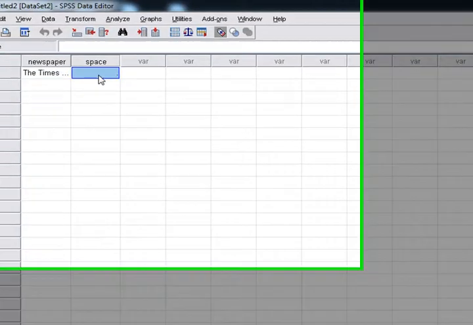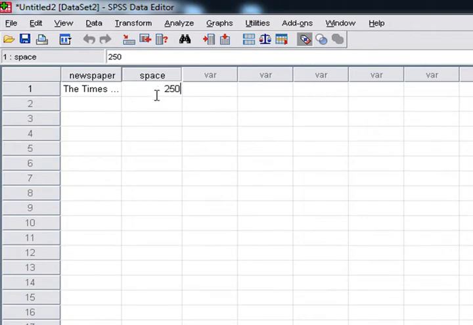We would enter the space. For example, it is 250 centimeters, or it can be around 300, it can be around 400. So see, there is no category in these values. They are simple random numbers, and ultimately we are going to apply some basic central tendency test on this, like mean, median, or mode, because this is a continuous variable, it is not categorized.